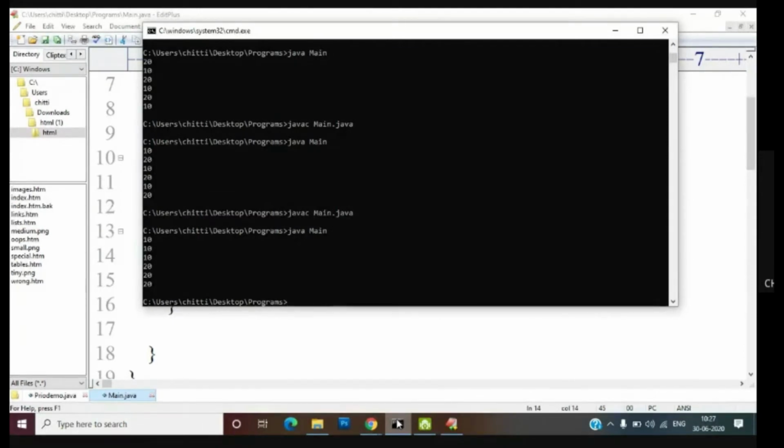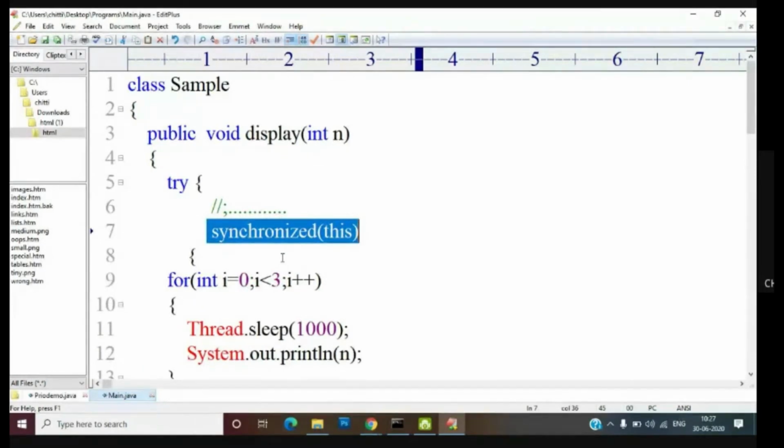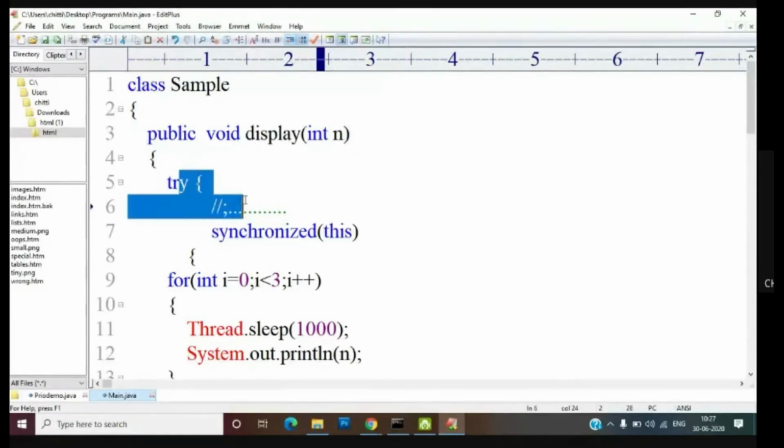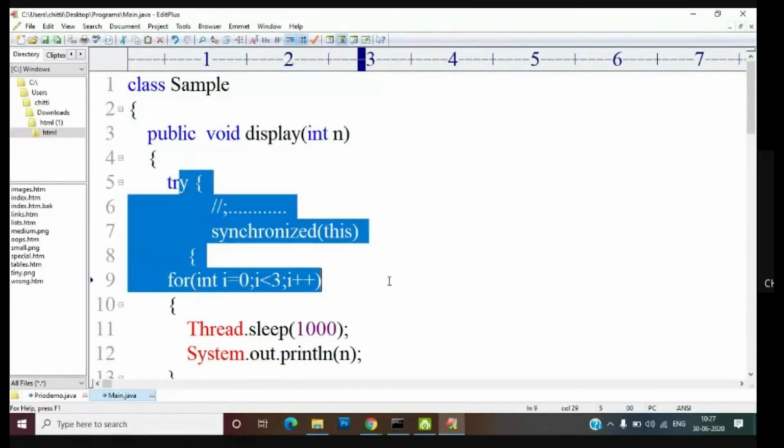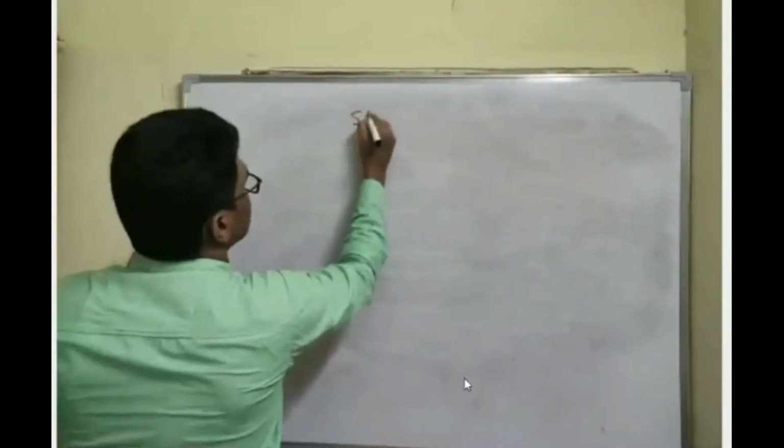Now you can see that you are going to get consistent data because I am using a synchronized block. Whenever I use a synchronized block, I also get consistent data. The main advantage is that this function may have 1000 lines of code, but for those lines which need synchronization, only those I need to synchronize. Other things I need not synchronize. So this is about synchronization. That is called static synchronization.